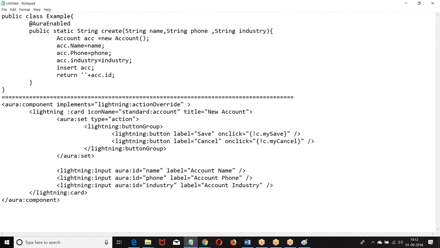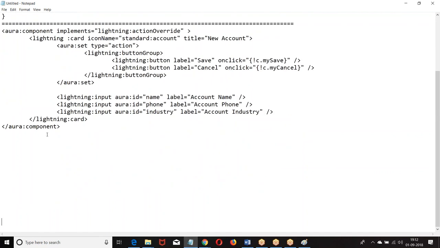Anybody finding difficulty with this? Right, boss? So all the three concepts we learned from the beginning of the class, we are including them. We learned them as individual components. We want to include them and make a single functionality. Then what are you supposed to do? Create a functionality. What was that? My save, cancel. Create a JavaScript functionality.